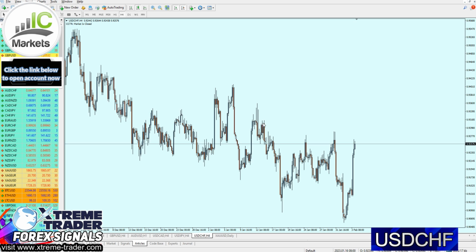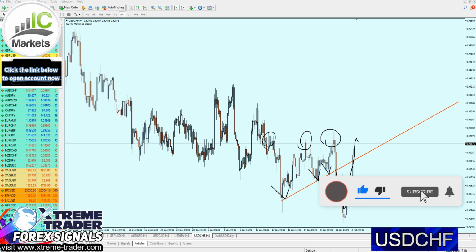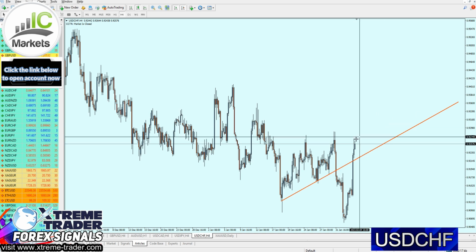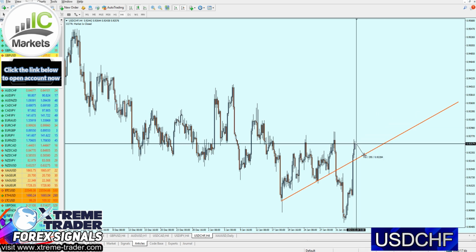I cannot take any risk. Let me just tell you something. So we are having right here that support trend line, just like that. That's actually more convenient. As we can see, we had here that support trend line, which faced a fake breakout, and lately reversed, facing here the resistance right here at 0.92770, which means we can actually expect a pullback, and that level of a support trend line is most likely going to be respected once more, or once again. That means we have to wait for the USDCHF to fall for about 30 pips before we can start buying it.